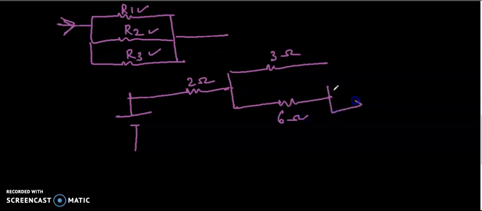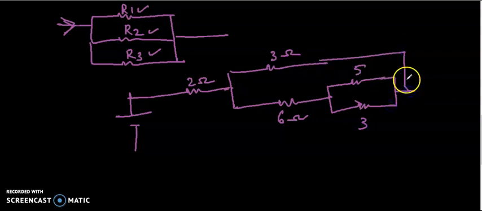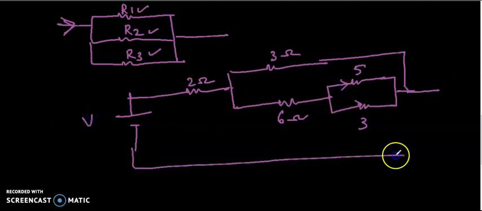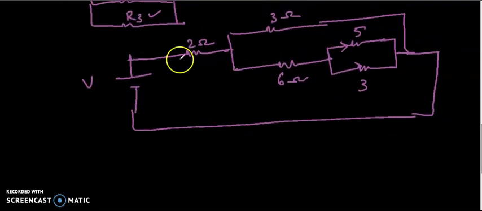6 ohm, and again it's dividing, 5, 3, something like that. Okay, and if it is asked to find the current through the 5 ohm resistor, how can we do it? Initially we have to find the current through 2 ohm. That is the total current. The total current of the circuit is the current flowing through the 2 ohm, that is from the battery directly to the resistor. Again, next we have to find the current in this branch, right? So we have to take the effective of this.